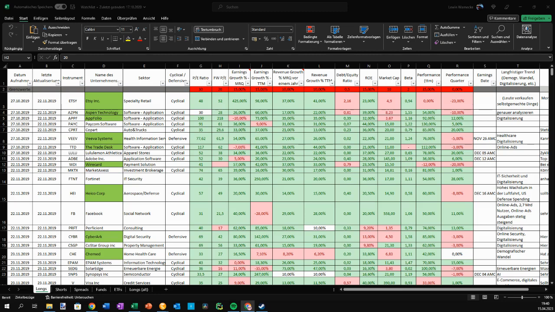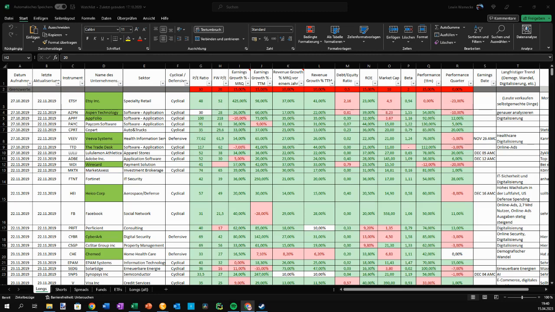I don't know how to call it correctly, but we are going to talk about the fundamental criteria that a stock has to